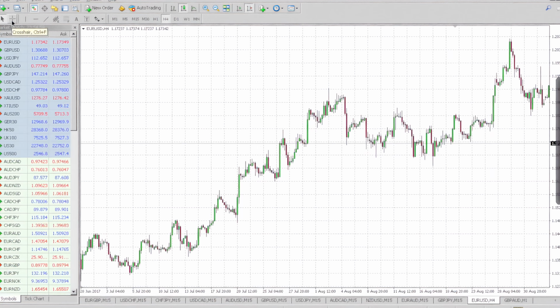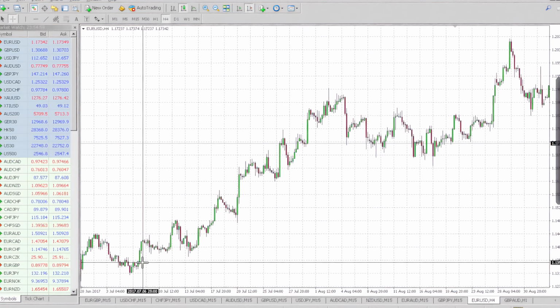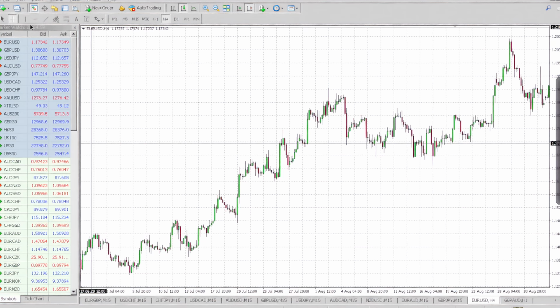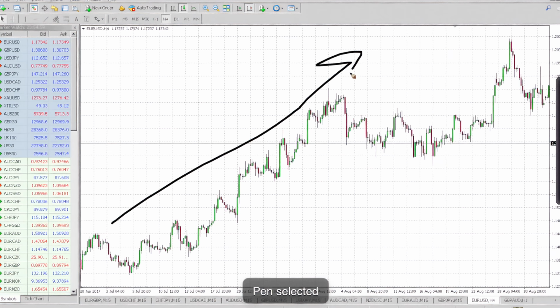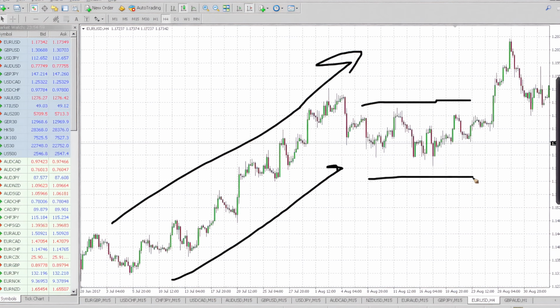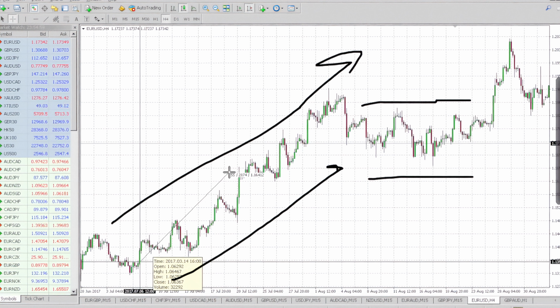A swing trader may, for example, trade from here. I can see an uptrend. You can see this uptrend here, right? And then this consolidation going sideways. So they may take a trade. For example, they may buy somewhere here, and maybe sell